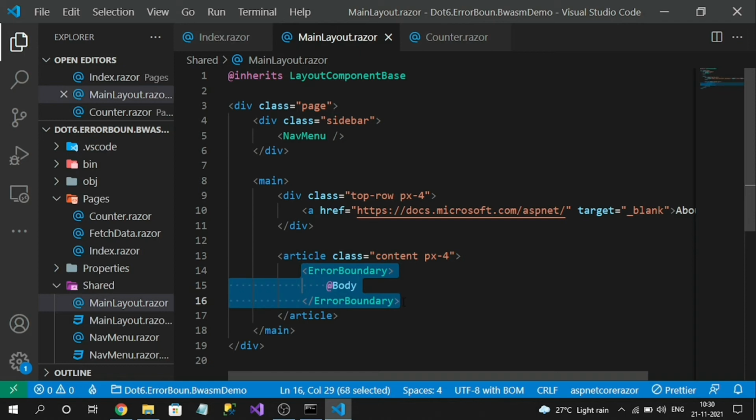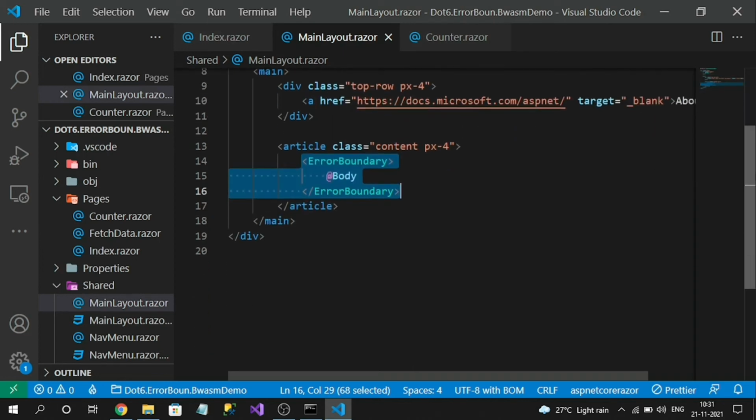Okay, so how to overcome this issue? To overcome this issue, we have to use the instance of the error boundary, and from that instance there is a method called recover. If we invoke that recover, the error message will be cleared. Okay, so to do that,